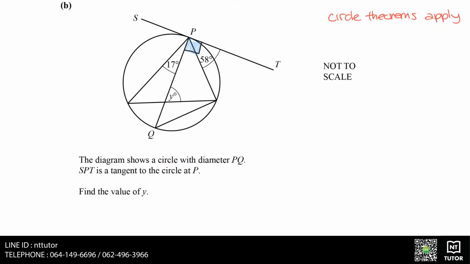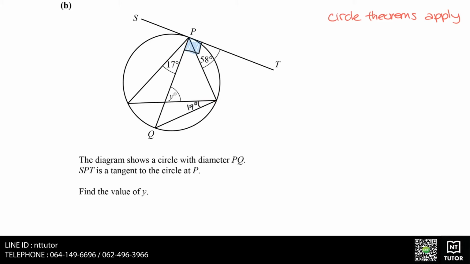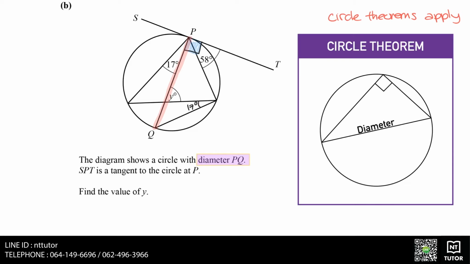One of the circle theorems states that the angles from the same segment are the same size. This means that we have another angle in the diagram that is also 17 degrees. Since the question says that the circle has diameter PQ, it must somehow involve the diameter. And another circle theorem states that a triangle drawn inside the circle on the diameter is a right angle triangle. This means that this angle over here is 90